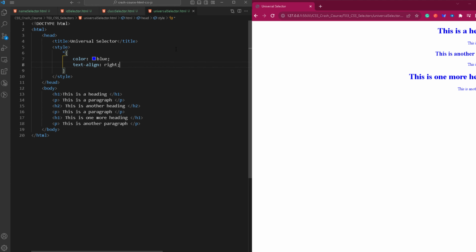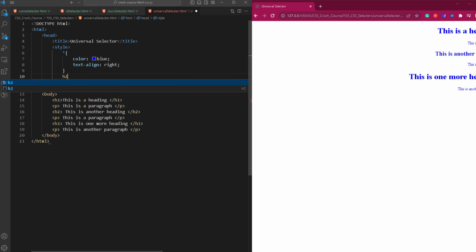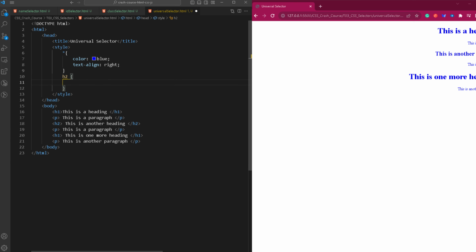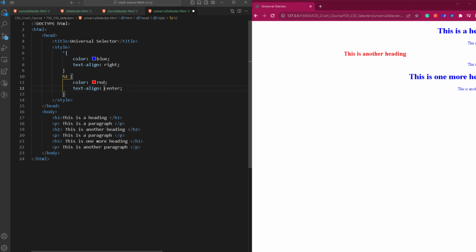And right now you can see all the text, whether it is a heading, whether it is a paragraph, it is coming in blue color and on the right side of the page. Now definitely if I provide a specific style to a specific tag, for example I am making H2 to be in red color and center align, then definitely you can see the H2 tag is coming in center and is appearing in red color. But the rest of the tags which have not been provided any style will use the style provided in the